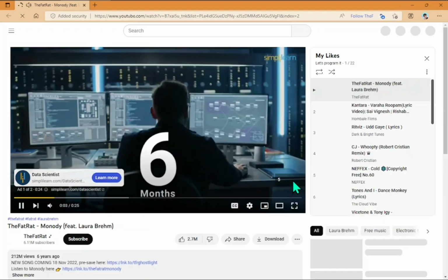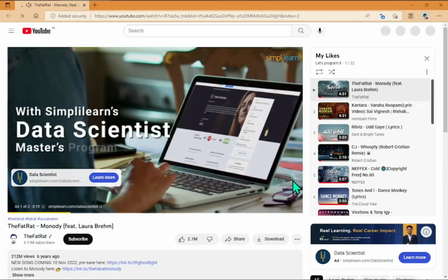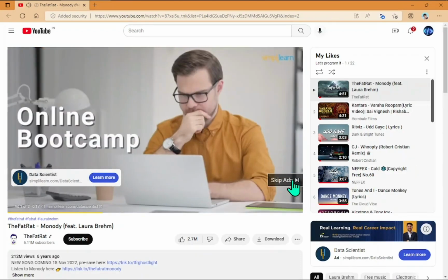Become a certified data scientist in as little as 6 months with Simplilearn's Data Scientist Master's Program online bootcamp that adapts to your